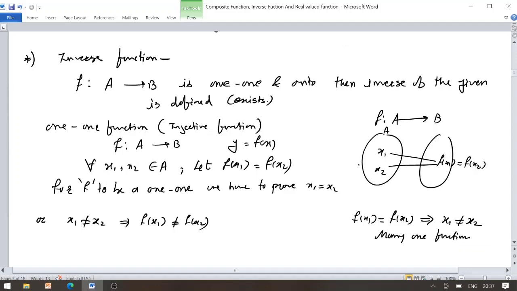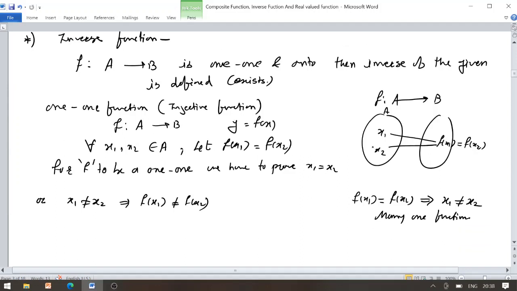So once the condition is satisfied, for f of x1 equals f of x2 we have x1 equals x2, then function f is said to be a one-one function,